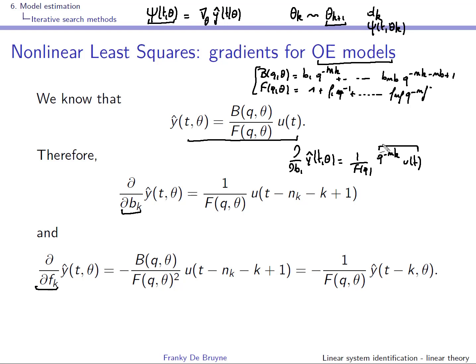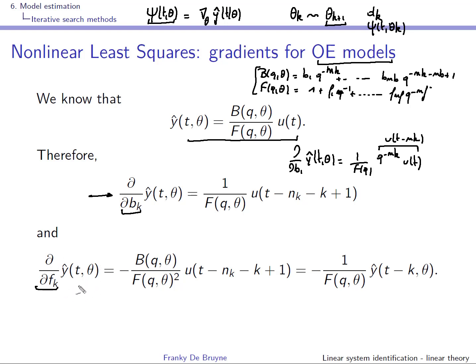This one is u of t minus nk. This is exactly what we've done, but we've done it for all k's at once. If you plug in k is equal to 1 over here, this will cancel out and you'll have u of t minus k as we have over here. So this is the expression when you take the partial derivatives with respect to the b's,